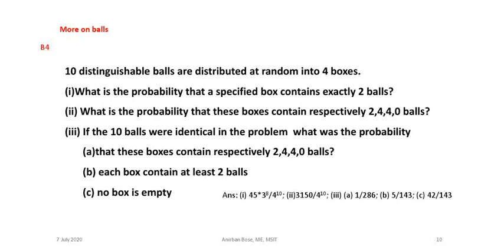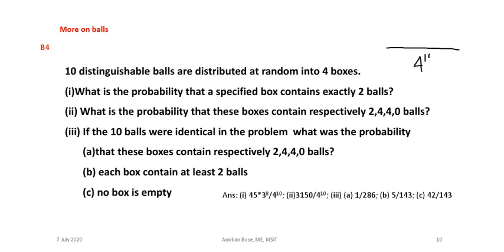10 distinguishable balls are distributed at random into 4 boxes. What is the random experiment here? The 10 distinguishable balls are to be distributed into 4 boxes. How many ways can this be done? The total number of possible outcomes for this random experiment is 4 to the power 10,